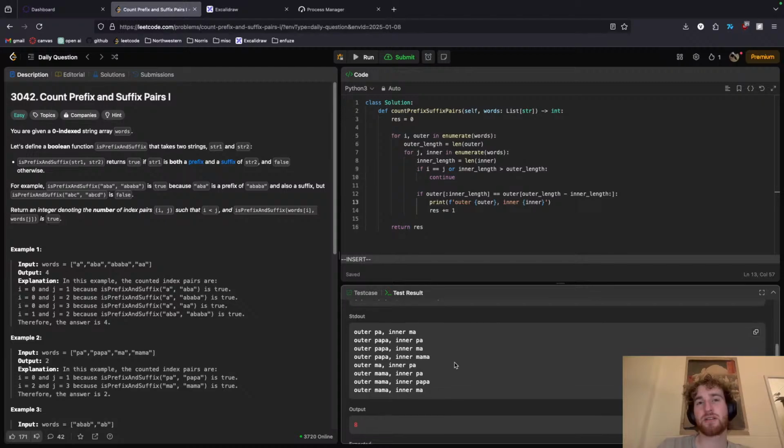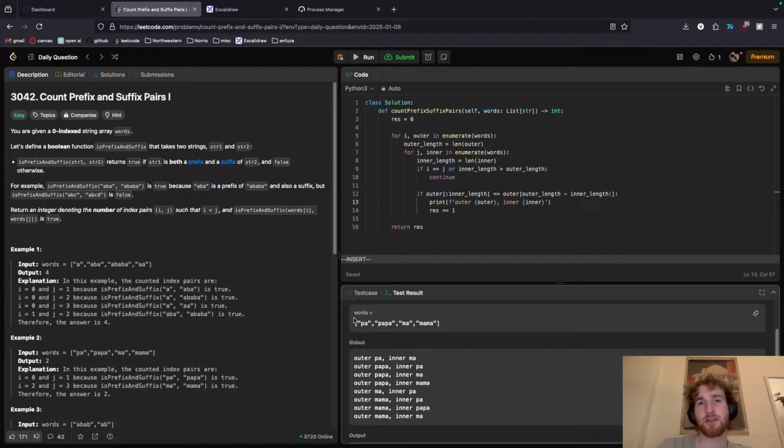Outer is pa. Inner is ma. And the length of this is 2. Oh, did I just do this completely wrong? I did this completely wrong. This is just the wrong condition. If